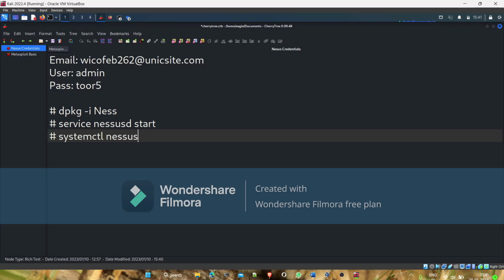systemctl enable nessusd. This will enable the service, and the service will start with your system. You need not give this command again. Whenever you restart the system, it will start and run in the background. So once that is done, then you have to go to your browser,